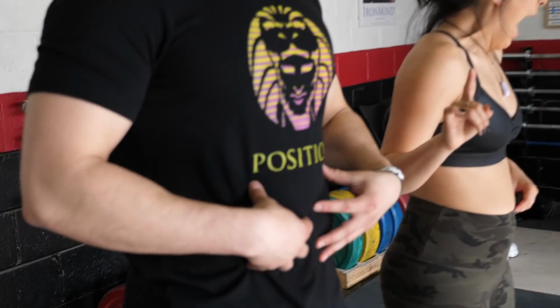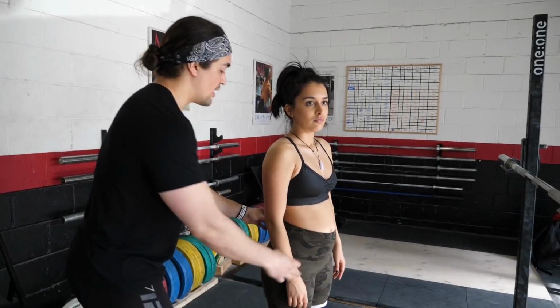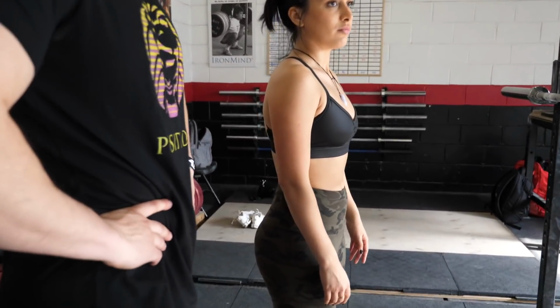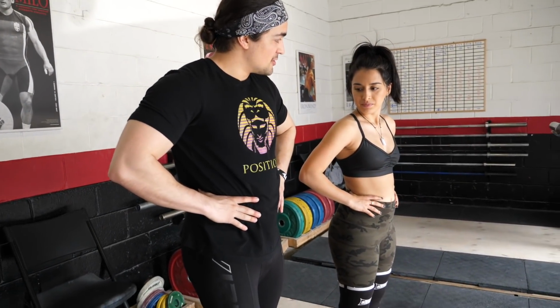Take a big belly breath, and also think to yourself that you want to fill in the entirety of it. So it's a 3D breath. So you're breathing in here and back here into your lower back, into your side. So you take a big breath, and what you can even do is put your hands like this, put it like this, breathe in,